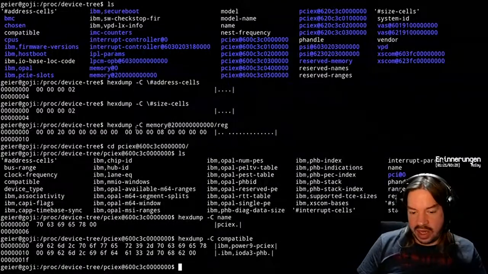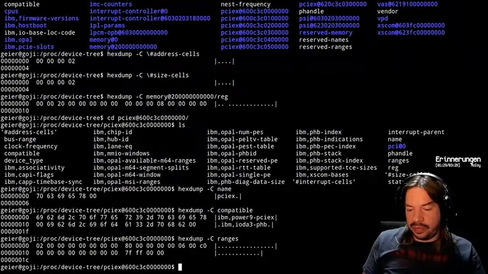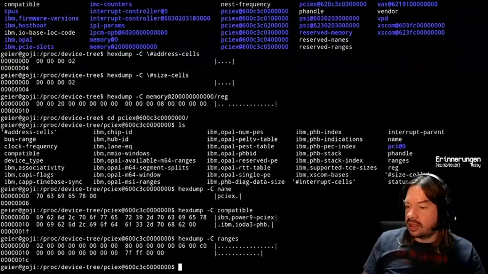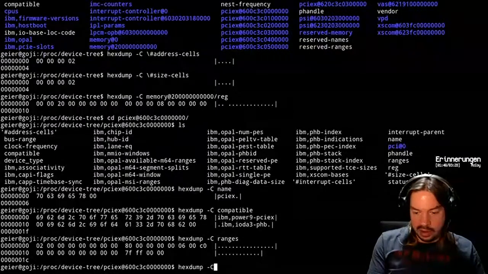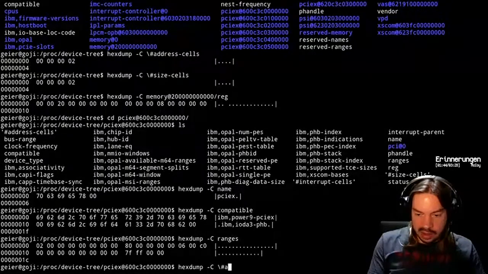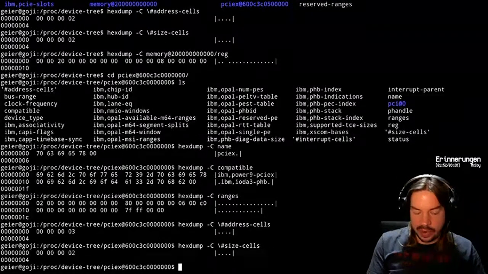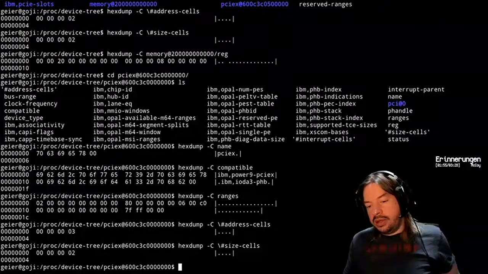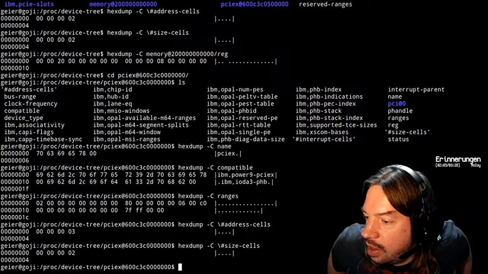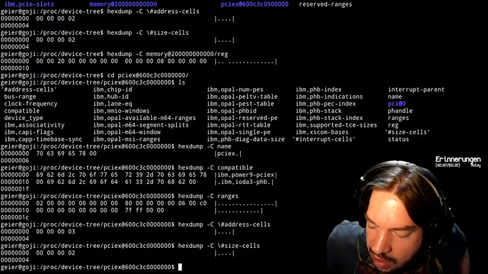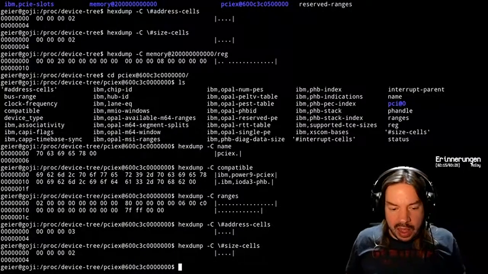So, and the next thing they do is they have ranges. Ranges are, you can see it's a weird size. So, on this node, which is not the root node, you also have address cells, which in this case is 3, and size cells, which is 2. And ranges say this thing is a bus bridge. So anything that has a ranges property is a somewhat transparent bus bridge, or possibly transparent if the driver says it is. And we map